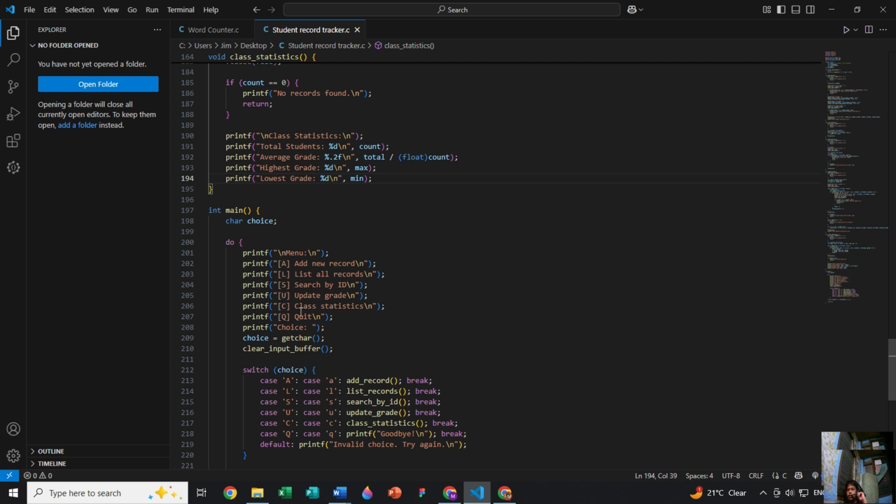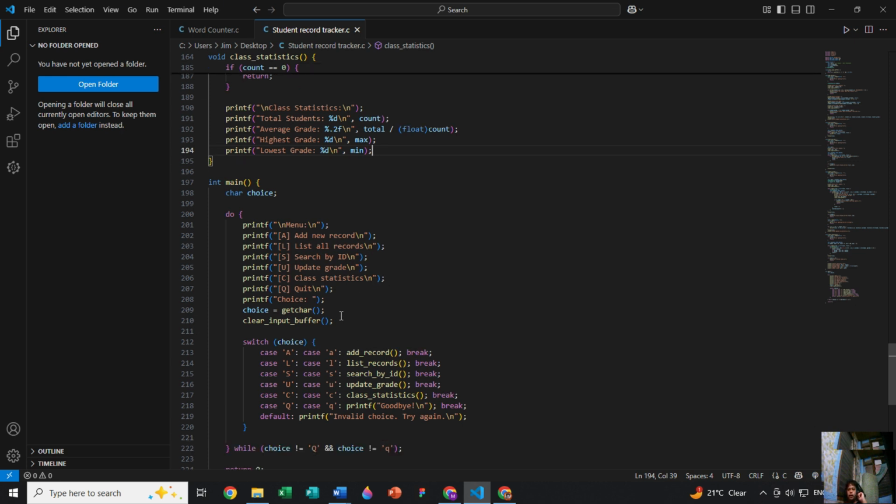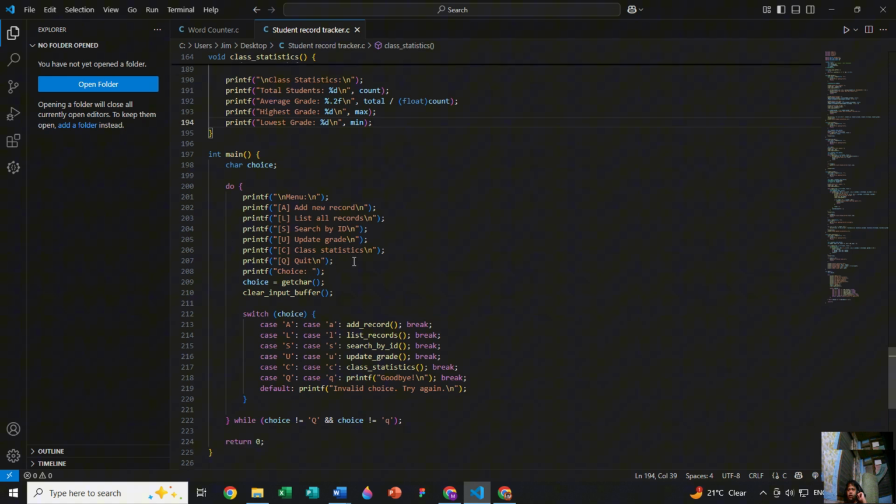They can also see the class statistics like the average, the number of students, and the highest and lowest grade. Finally, the quit prompt will be shown. This will be used to exit the program in its entirety, and these choices will always be present so that wherever the user is, they can always exit the program.